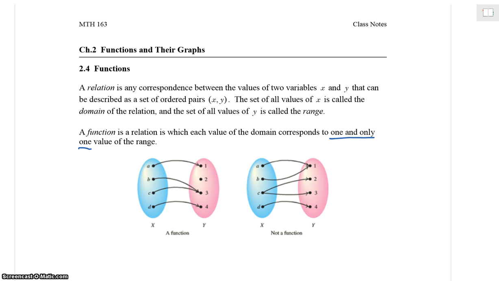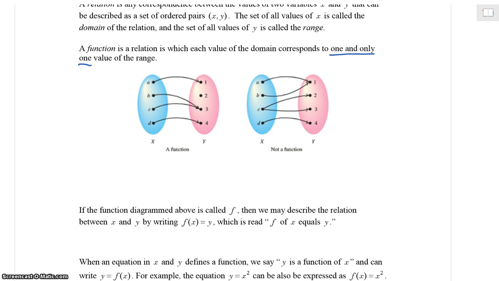We have two relations diagrammed below. What distinguishes the function, the relation that's a function, from the relation that's not a function? That's the question we want to try to answer here. What we want to do is look at how the elements of set X are related to the elements of set Y. Note that for the first correspondence that's diagrammed,